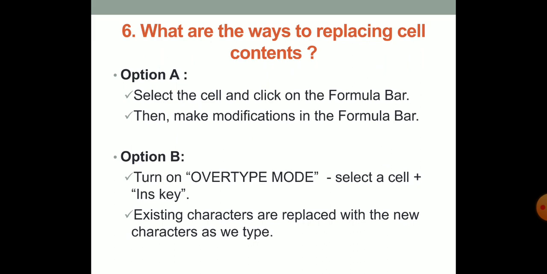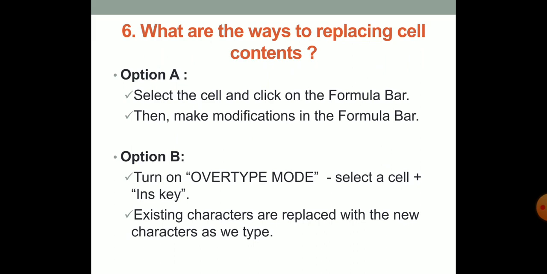That is, you select the cell and then you place the mouse pointer on the formula bar and you start typing what you want to type. This selected cell should already have some contents. Say it can be 1, 2, 3. Now I am going to place the mouse on the formula bar and I am going to type 8, 9, 10. Now it will be replaced. 1, 2, 3 will be directly replaced by 8, 9, 10. So that is the first option.